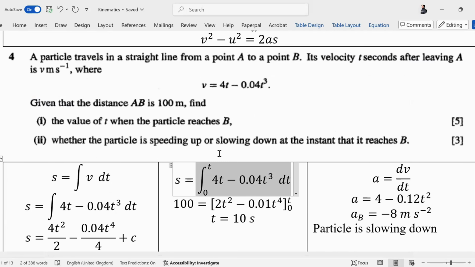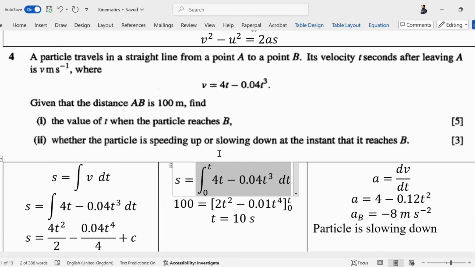So no, listen. If the velocity is positive and the acceleration is negative, then the object is slowing down. If the velocity is negative and the acceleration is positive, then the particle is again slowing down. Be very clear about it. Acceleration and velocity need to have opposite signs for the object to slow down. Physics में SHM वगैरह में भी किया होगा तुम लोगों ने. Same signs, the object is speeding up.